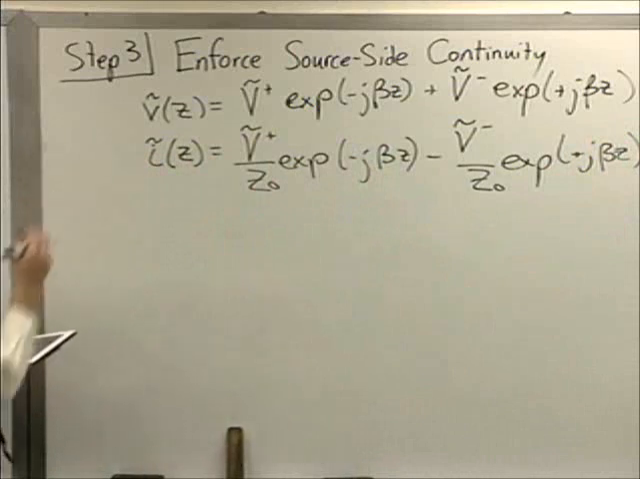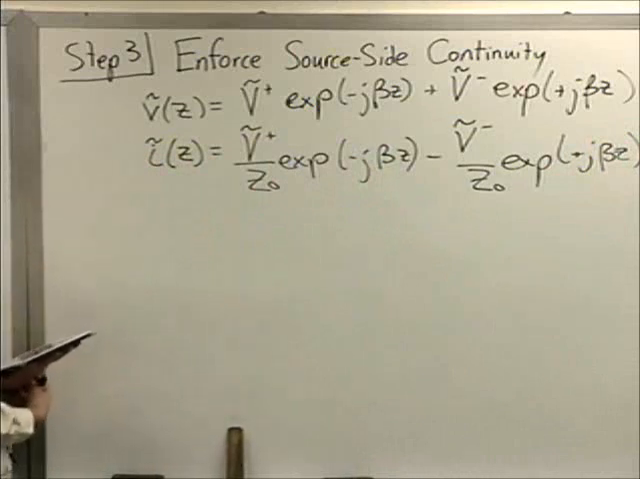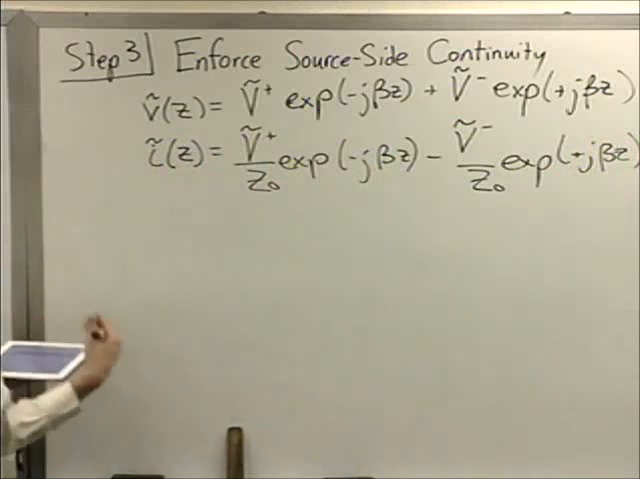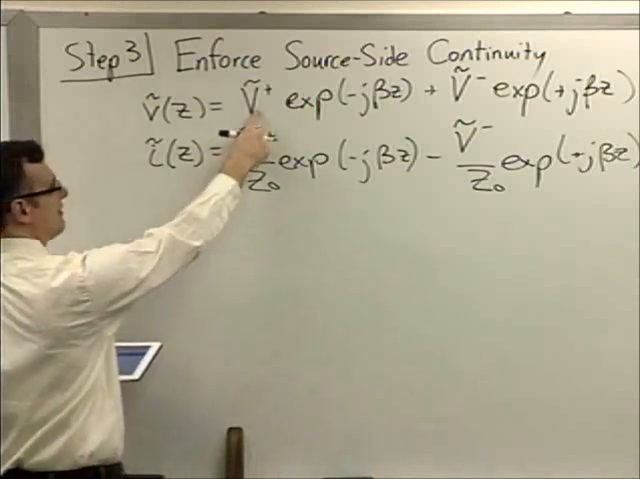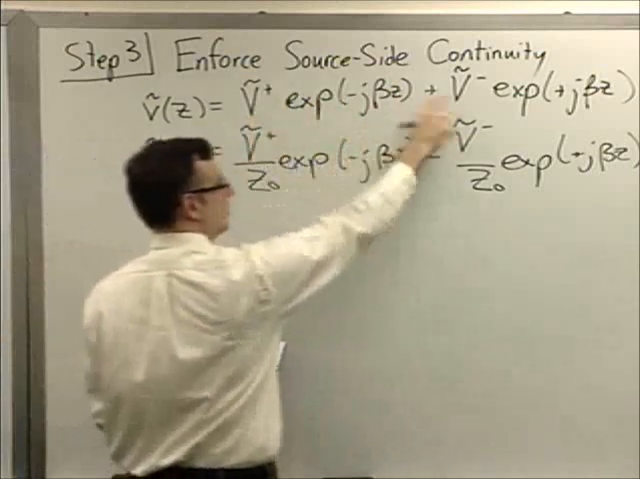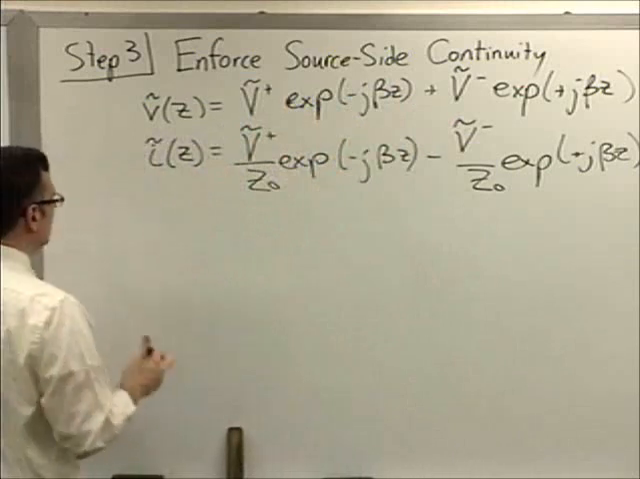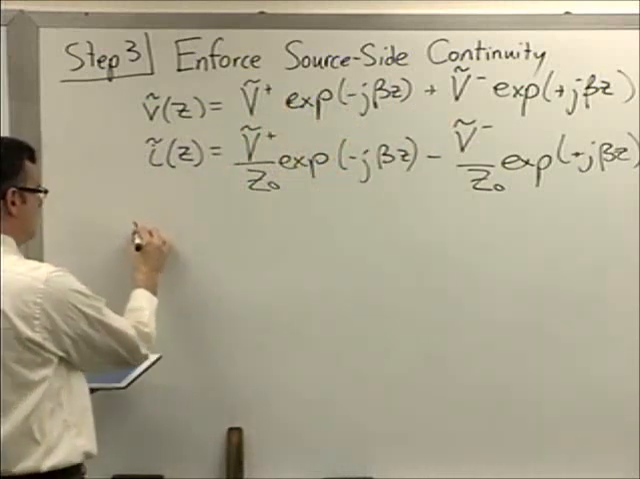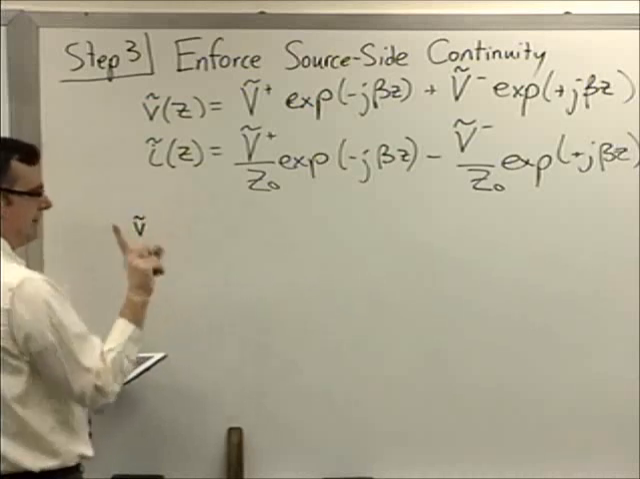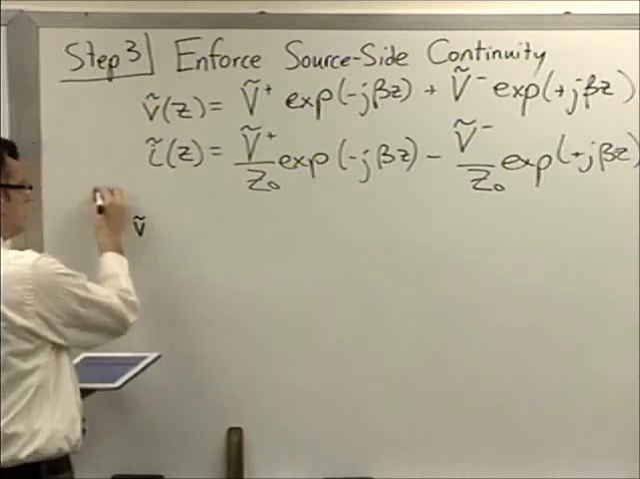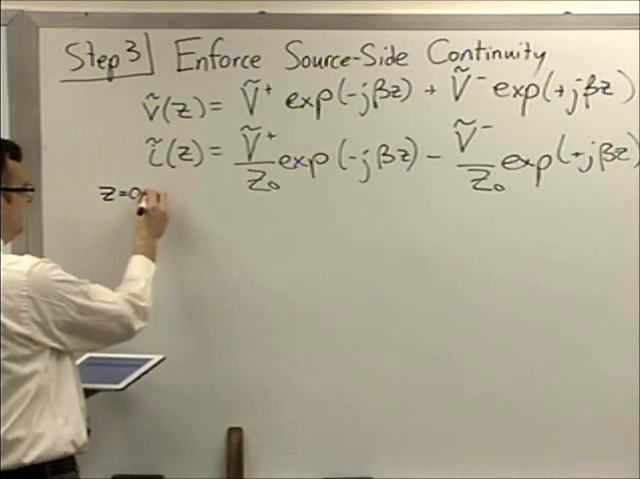Okay, so that's our general total form. And what we're going to do in step 3 is set up the formula that allows us to solve for the individual forward and backwards propagating waves on this network. How do we do that? Well, evaluate it at the front of the line. If we're using the convention where z equals 0 is the front of the line,